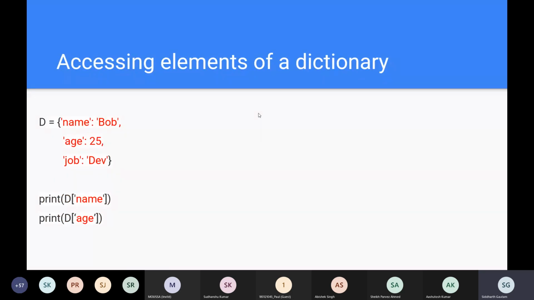Whenever you're making a dictionary, it's assumed that you already have the keys. Even if you are using somebody else's software, it is assumed that you already have all the keys that you need in a dictionary. That's why if you want to access a value of a dictionary, you can do that using the key. Let's take a look at how this works.